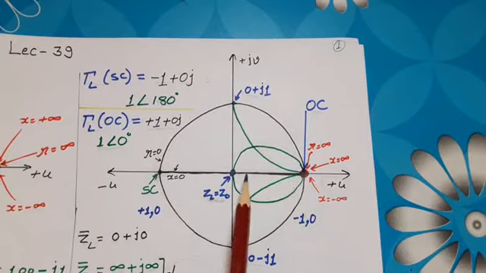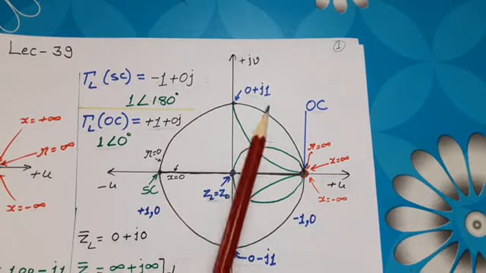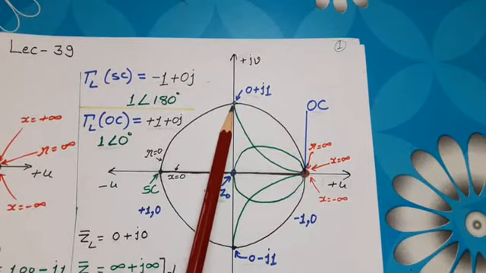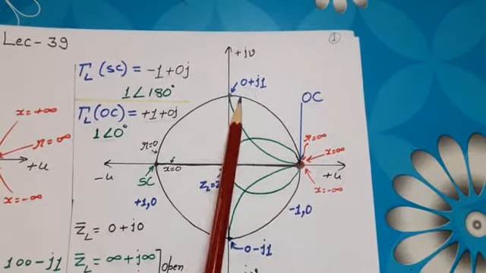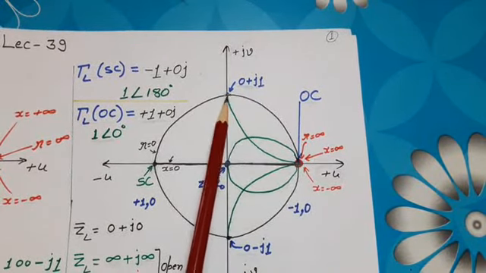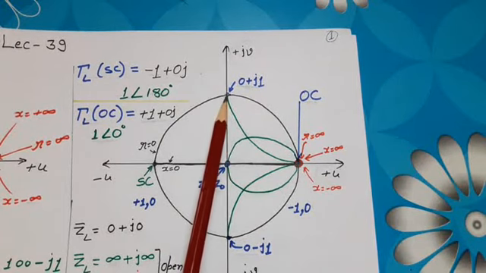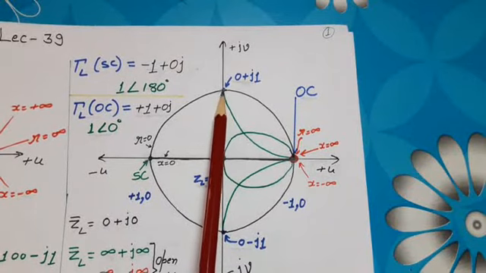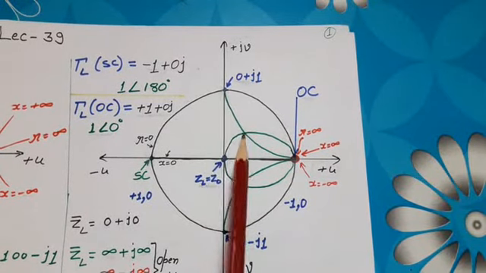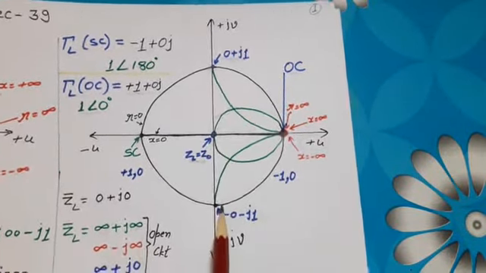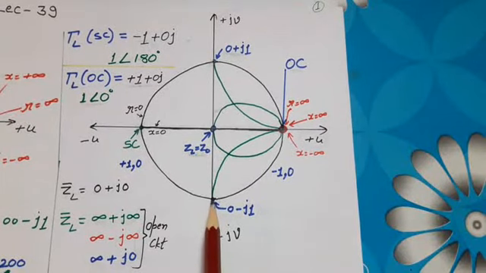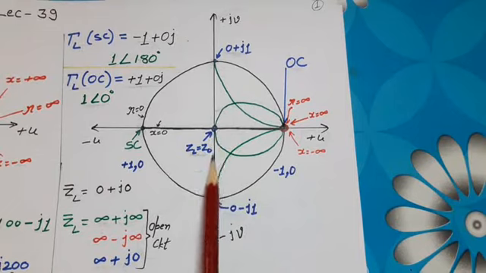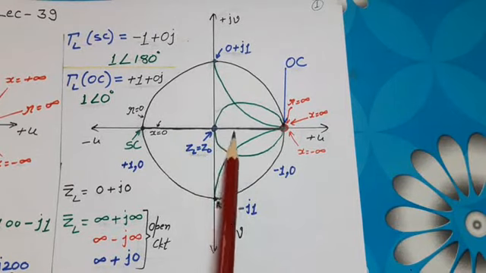If we observe this point where ZL is equal to jZ0, or normalized load impedance is equal to j, for this case gamma L is equal to 0 plus 1j because for this point U value is 0 and V value is 1. In magnitude and angle form, just connect origin with this point and magnitude is 1 and angle is 90 degree. For this point we can also write gamma L which will be equal to 0 minus 1j. In magnitude form, magnitude is 1 and angle will be 270 degree or minus 90 degree.